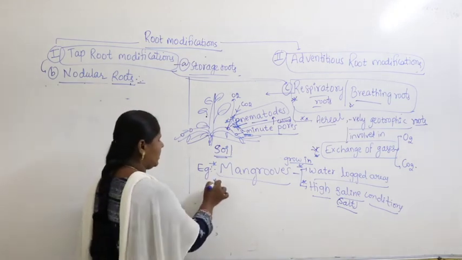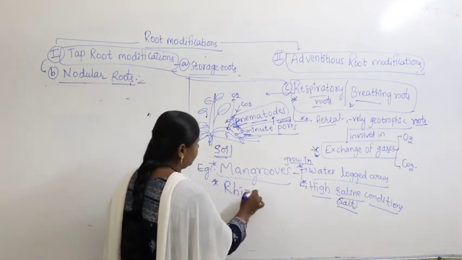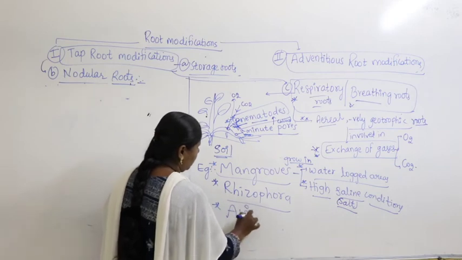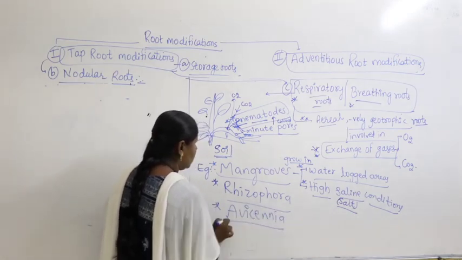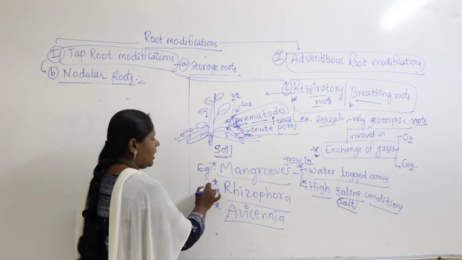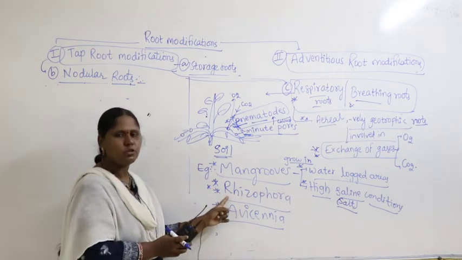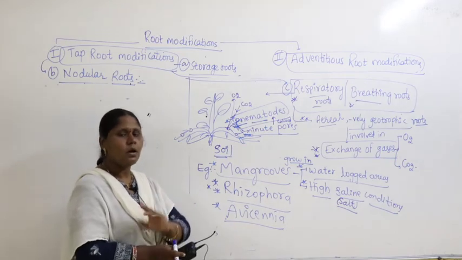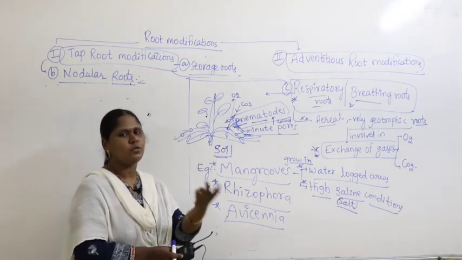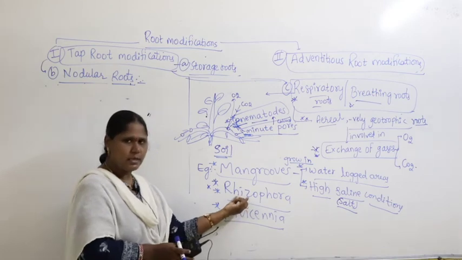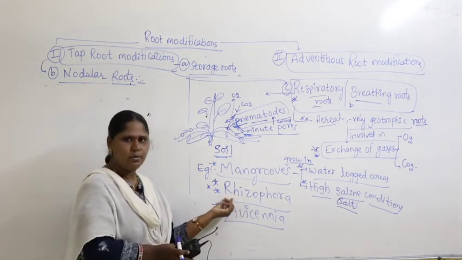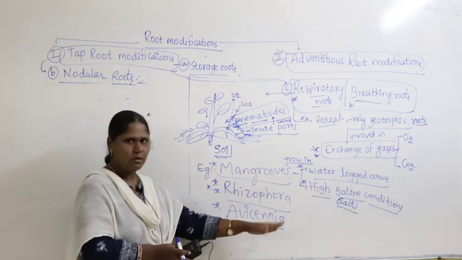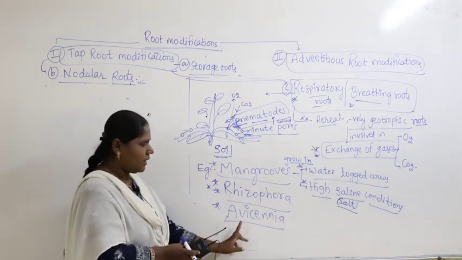Similarly, you can take some more examples like Rhizophora and Avicennia. These two are also very good examples. Guys, I am telling you, remember Rhizophora, questions will come on this. Why? Because Rhizophora contains two types of root system, dimorphic. We will discuss this again, but it is a very important example. Mostly questions will come on Rhizophora. We will discuss Rhizophora in coming classes, okay, and Avicennia.